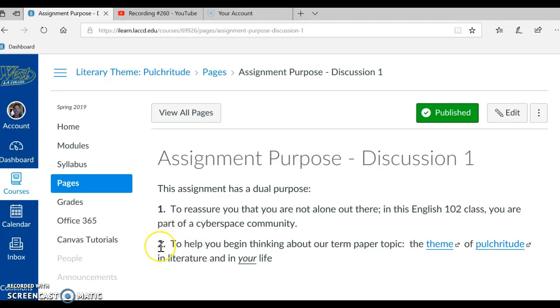Okay, number 2, the second purpose, to help you begin thinking about our term paper topic, the theme of pulchritude in literature and in your life. So we're beginning to think about our term paper right away in this assignment. Okay, I'm going to click on the back arrow,